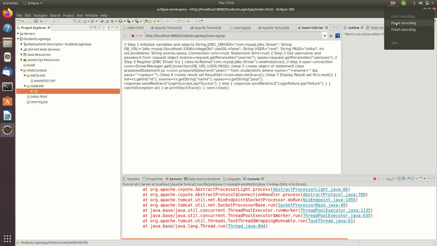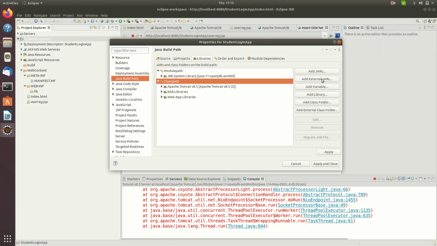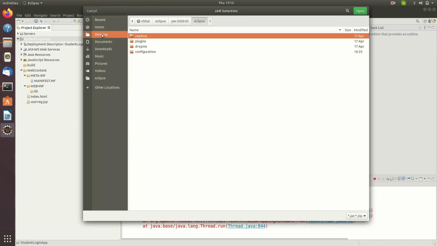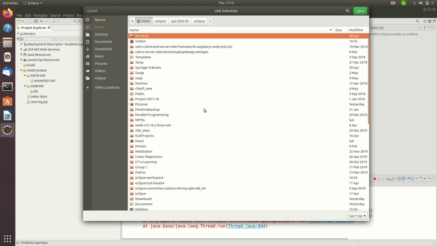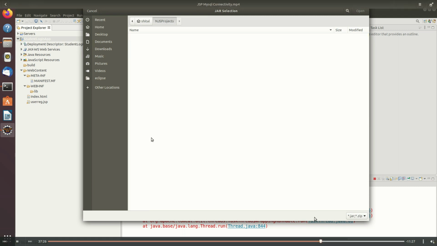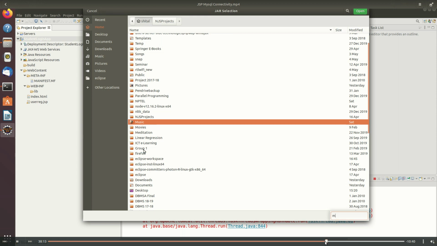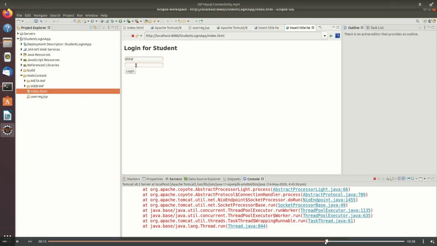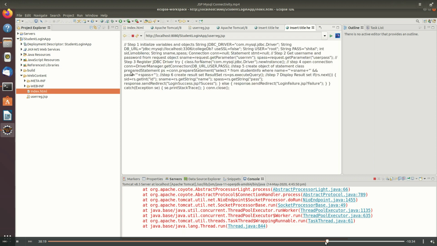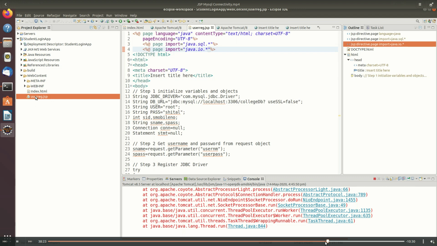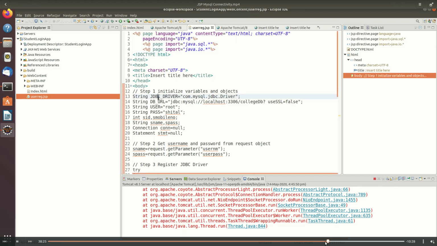I'll just check. After copy pasting that jar file in the lib folder, it will remove this error that I am getting for the connector.